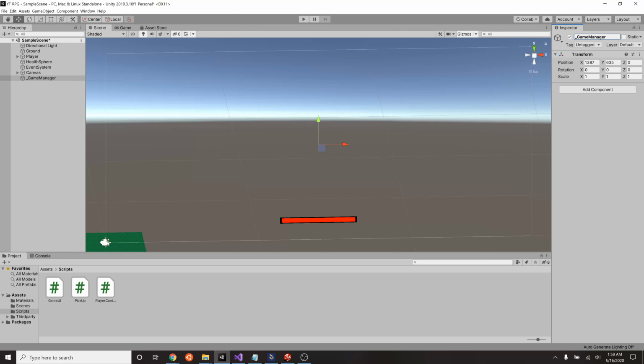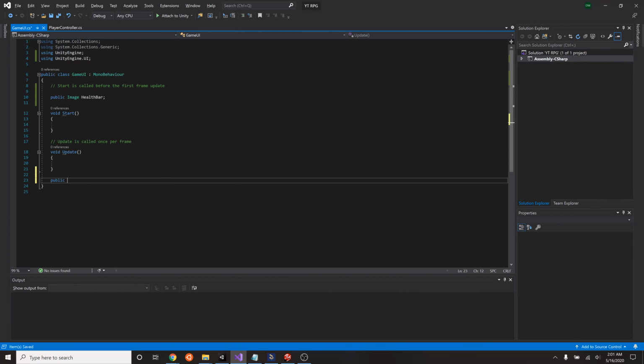The reason why we put the underscore in there is because later we'll probably be creating a script that is our game manager. So we don't want to confuse this object with the class and script that we're going to be creating later. So now that we have our game manager object, we can attach our GameUI component to it. Public void